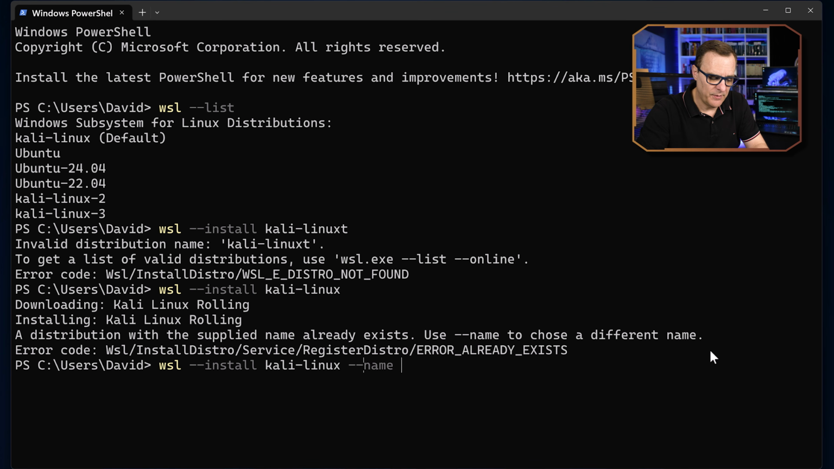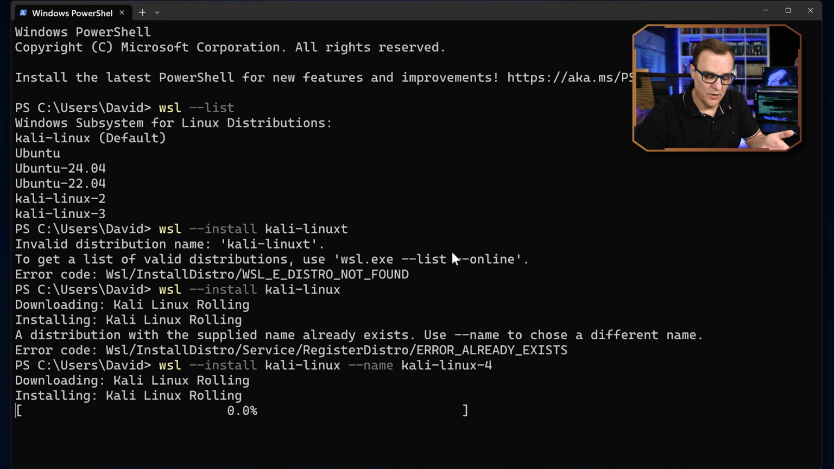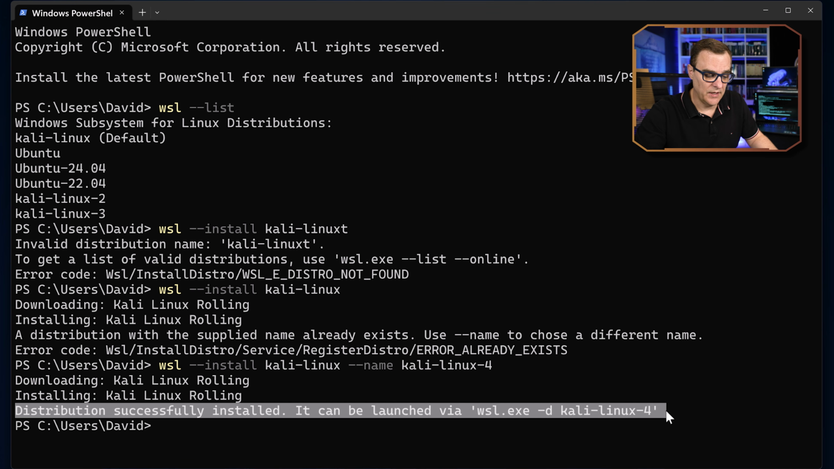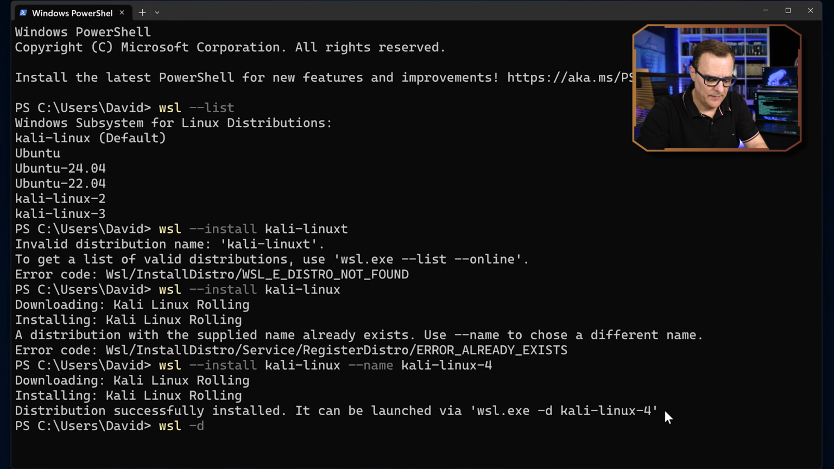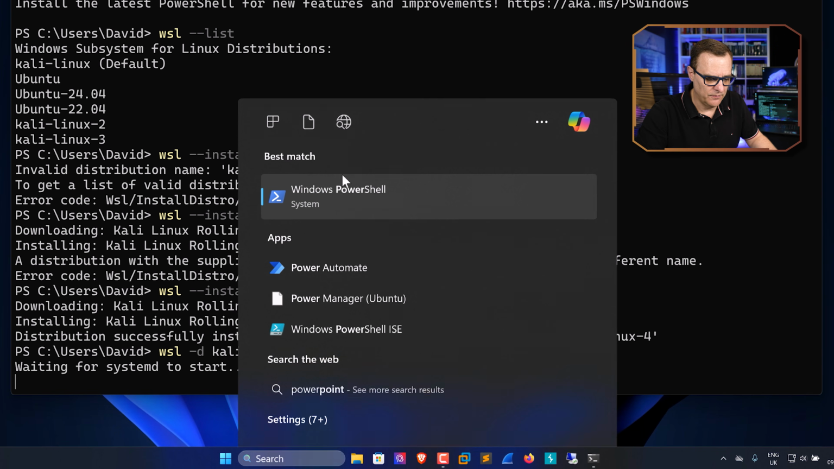So all I need to do is specify a name, let's say Kali Linux 4 for this example, because I've already got other versions of Kali installed over there. Notice it's been downloaded and now it's being installed. And we're now told that the distribution has successfully been installed. It can be launched via WSL and the distribution name. So wsl -d Kali Linux, in this example 3,